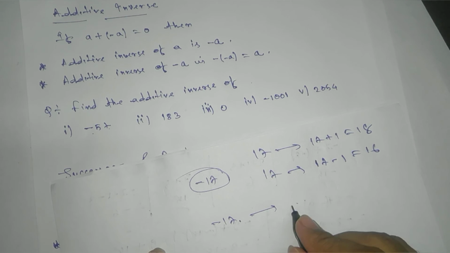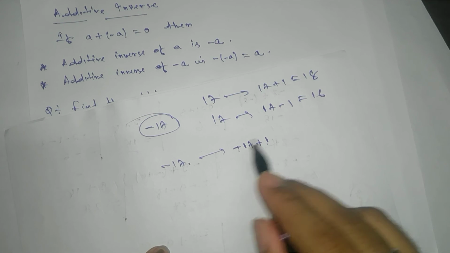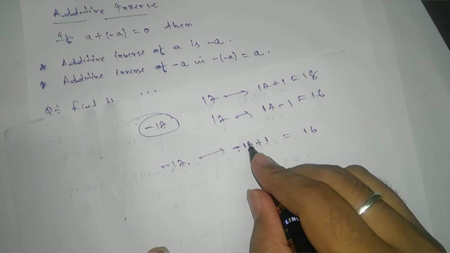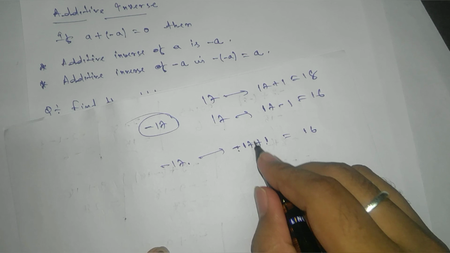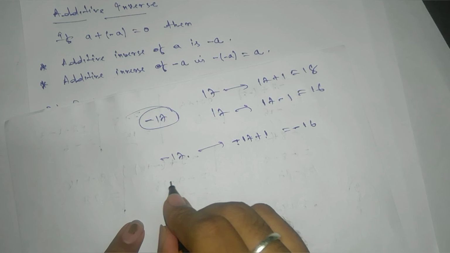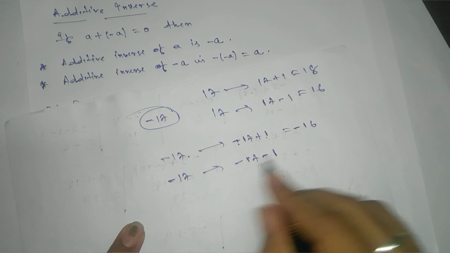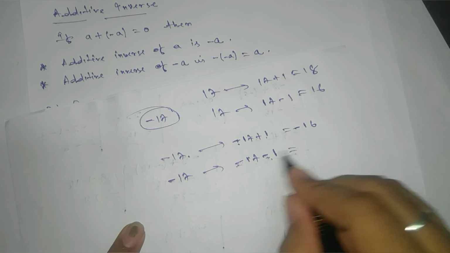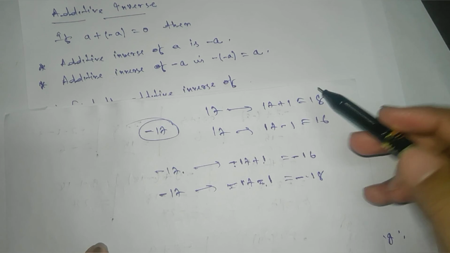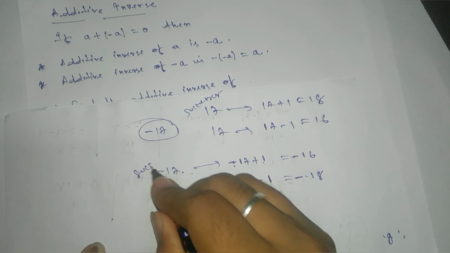Why? Because for successor we add, so -17 plus 1, and if we use the law, that means one is positive, one is negative. So we'll subtract here, 17 minus 1 will get 16, but you just see which symbol is there in the bigger number. Here is 17 and the symbol is minus, so we use minus: -16. Similarly, if you see the predecessor, that will be -17 minus 1, and you can see that both are negative. That means it will be added, that means 18, and we'll use the same symbol, that is -18. Look, both have different styles. This is your successor and this is your predecessor for this one.